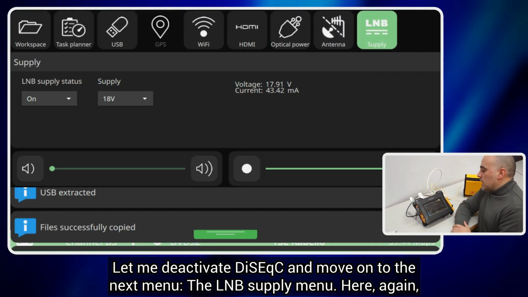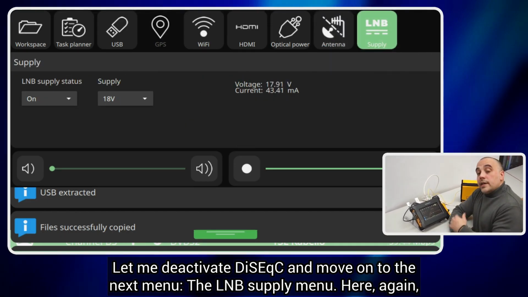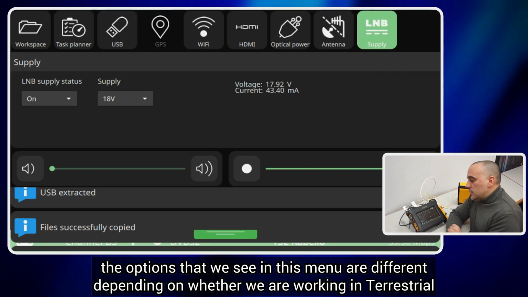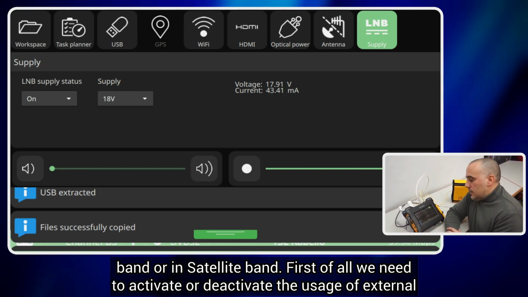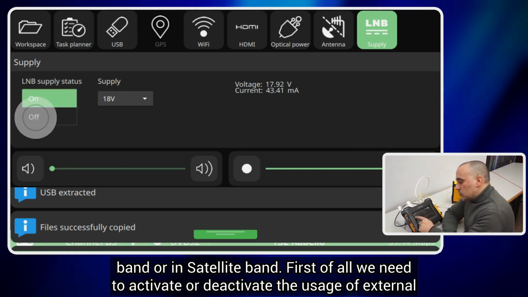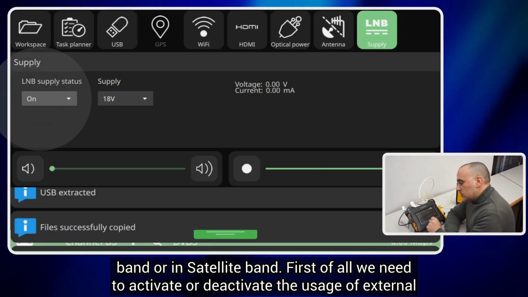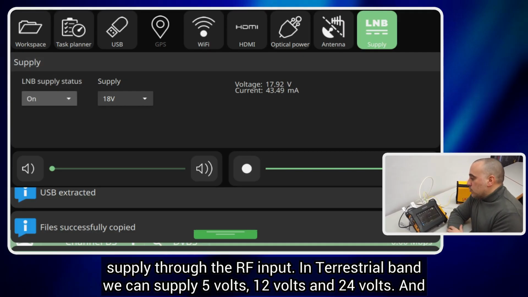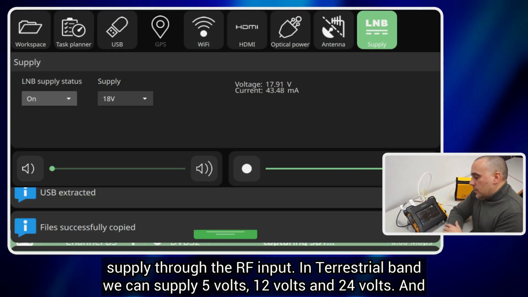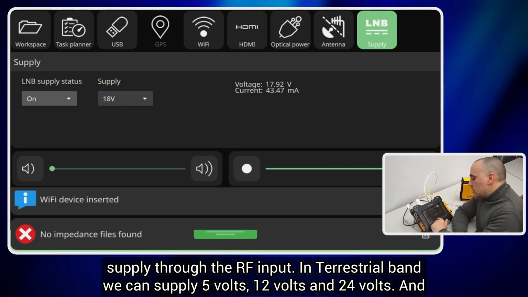the LNB supply menu. Here again, the options that we see in this menu are different depending on whether we are working in terrestrial band or in satellite band. First of all, we need to activate or deactivate the usage of external supply through the RF input. In terrestrial band,